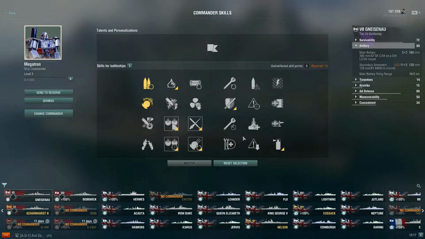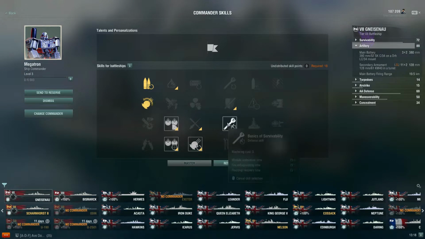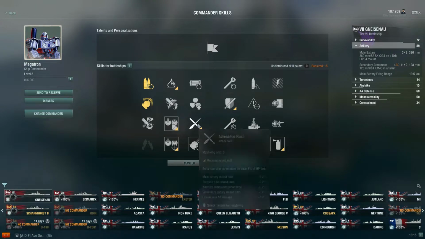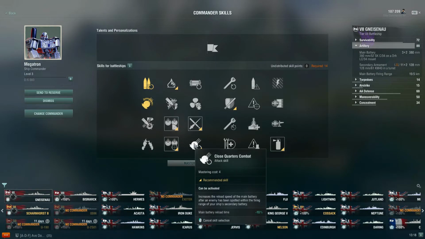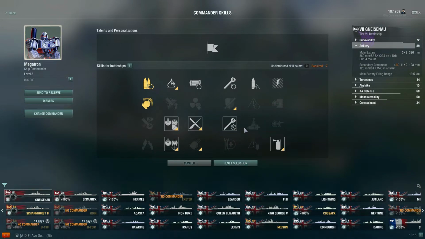Let's see some other options. I'm just trying to see. This is a pretty good one if you're wanting to go for more of a tank build. The basics of survivability is helpful, because your module restoration time is negative 15%, and your fire extinguishing time, negative 15%, and your flooding recovery time, negative 15%. This is something you see more on tank-like battleships, so let's say the Russian battleships, because if you're doing a secondary build, you really want adrenaline rush just to make your secondaries and your main battery and torpedoes reload faster. So if you really wanted to take basics of survivability, I would say